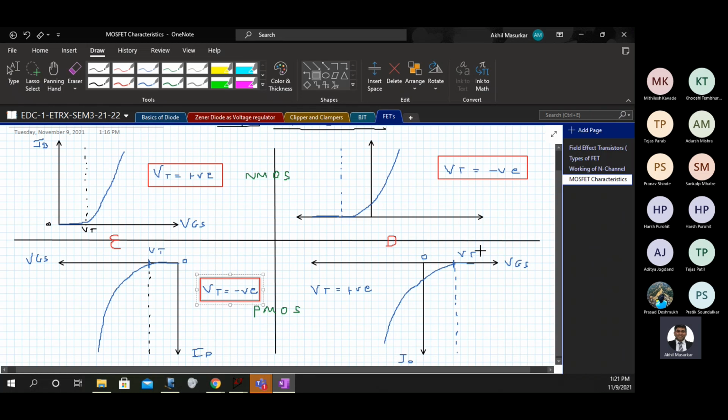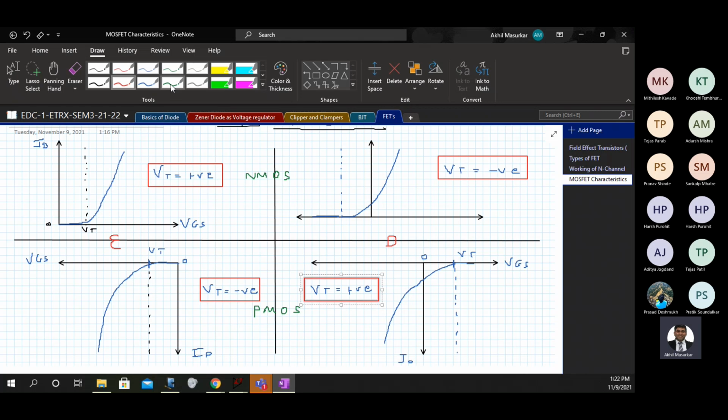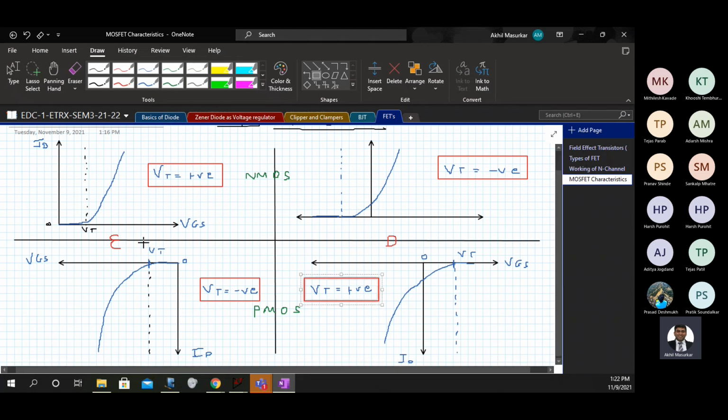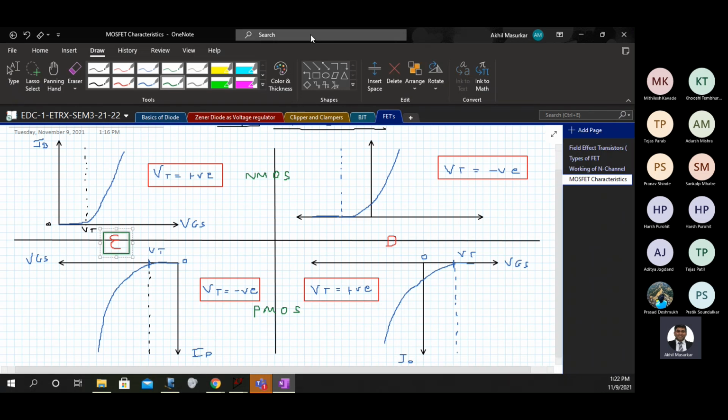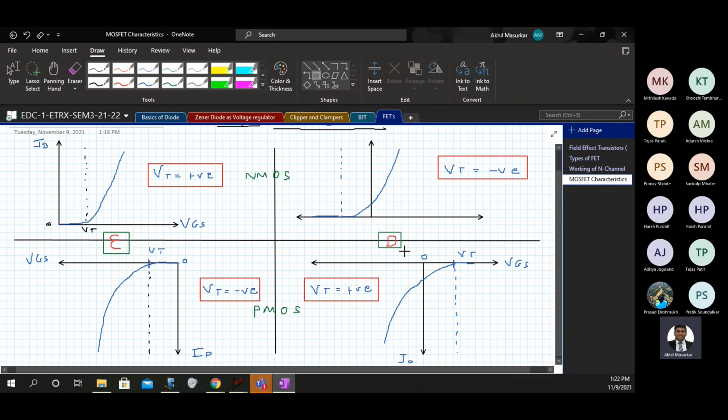So like I always said to you that the threshold voltage of an NMOS is always going to be positive and for a PMOS it's going to be negative. So that was for which case? That was for the enhancement type, okay, not for the depletion. Depletion type, it's the other way around. So you can see even at 0 there will be some current in the depletion type.